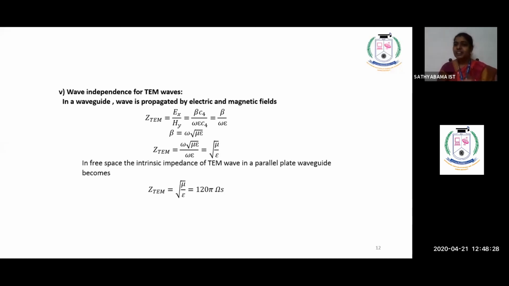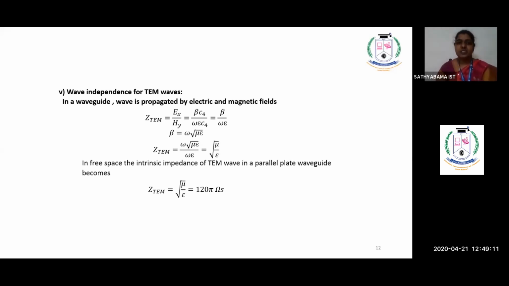I think you will remember in the first session we said a relationship between electric field, magnetic field and intrinsic impedance. What was the relationship? It was eta equal to E by H, equal to what? Root of mu by epsilon, equal to 377 ohms, equal to 120 pi. Do you remember that? That is the same relation here. That is how you got your relationship. So here if you substitute mu naught value and epsilon naught value, you will get 120 pi because mu naught value is 4 pi into 10 power minus 7 and epsilon naught value is 8.854 into 10 power minus 12.